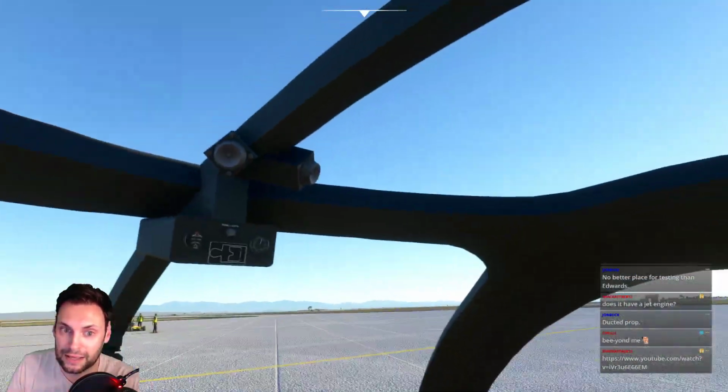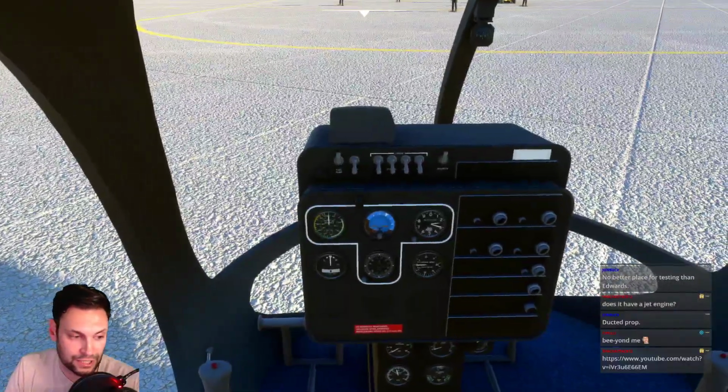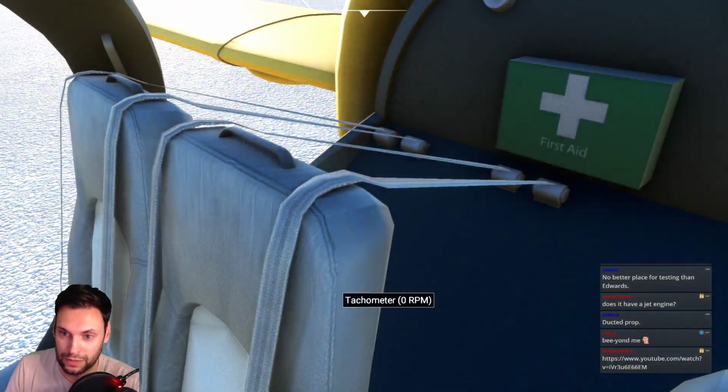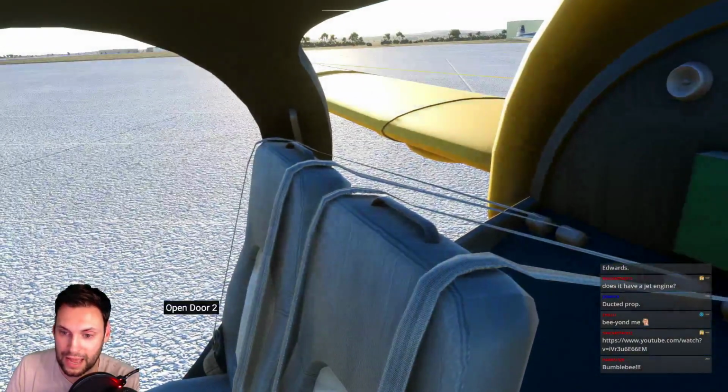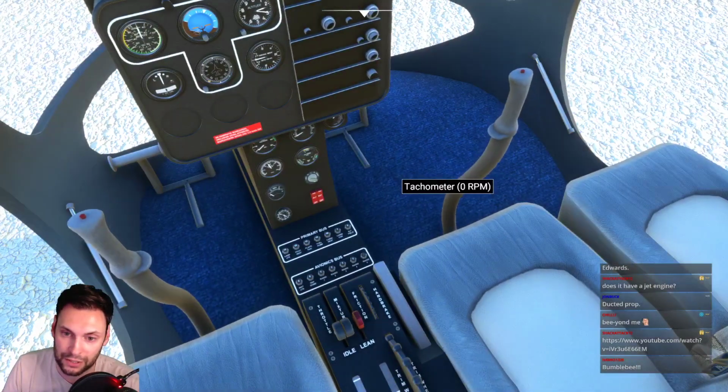Visually, it looks like a helicopter from GTA 5. And I don't mean that in any negative way, but it has that kind of texture and the simplicity and the controls and